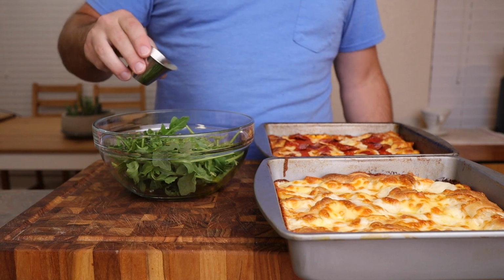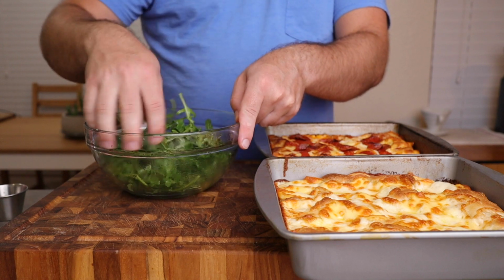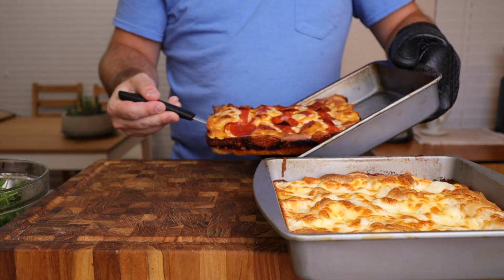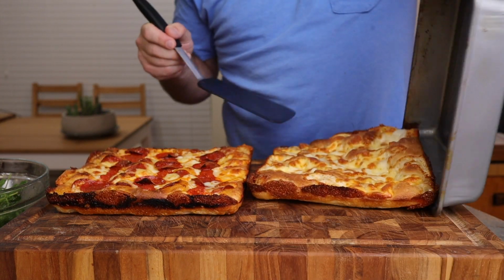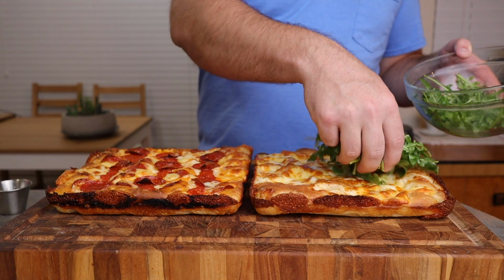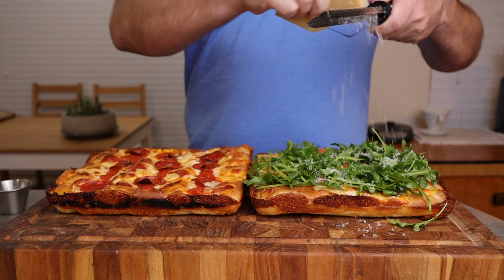I'm going to let those cool in the pan for a few minutes before I take them out, which is a good opportunity to make my topping for the cheese pizza, which is arugula with equal parts olive oil and lemon juice, and just toss to combine. Now with the help of a spatula, your pizza should pop right out of the pan, and we are almost there. Finish your cheese pizza with a handful of your arugula salad, and then top both pizzas with a whole bunch of Parmesan cheese,